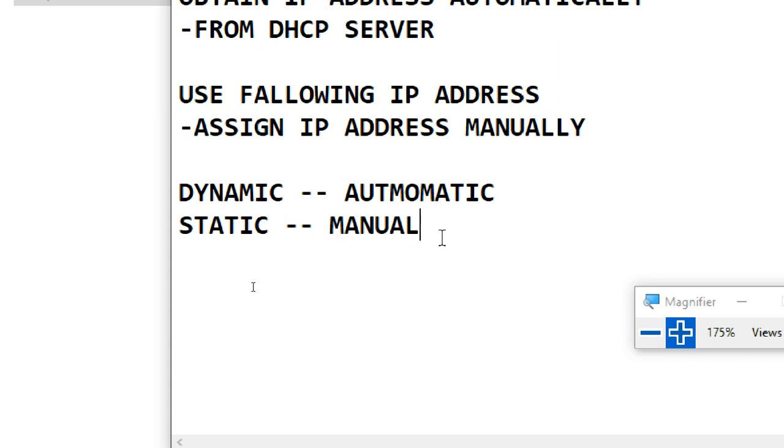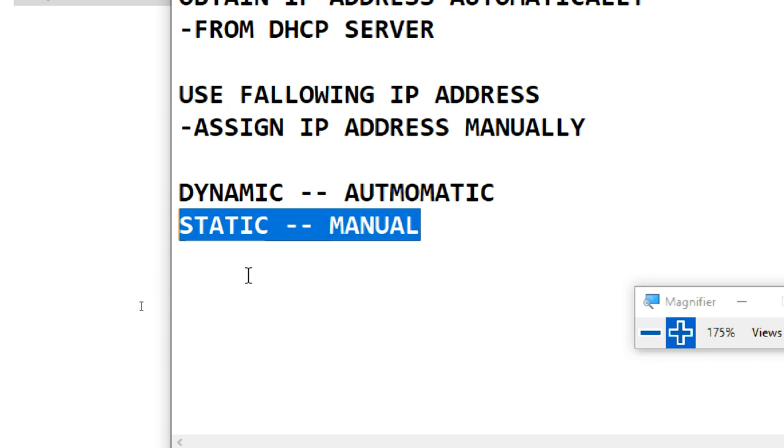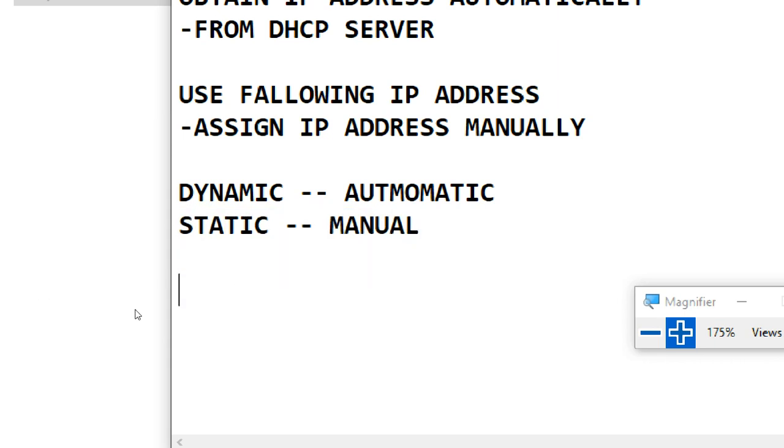Whenever different names are used, like, what is your dynamic IP? It is an IP automatically assigned from the DHCP server. What is static or manual? You assign a constant IP address yourself.